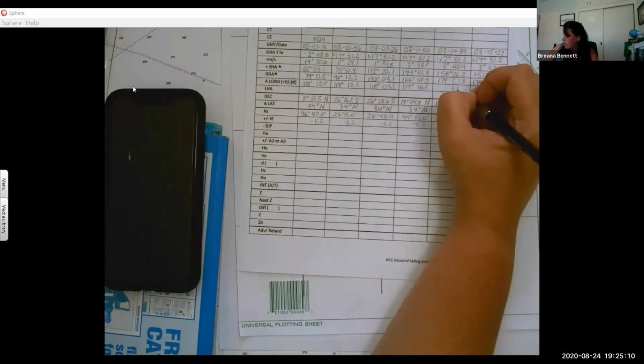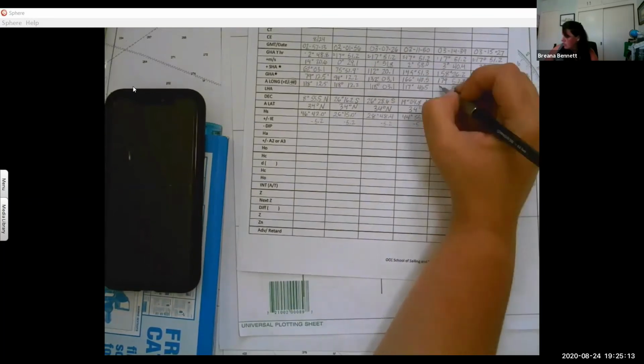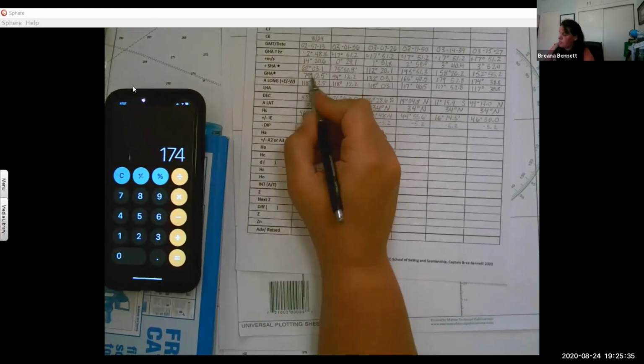03.1, 118. 40.5, that's going to be closer to our 117. 57.8, that's going to be closer to 117. And 38.8 is going to be closer to our 117. Again, if we do 118 instead of 117, not the end of the world. Okay, so we're going to subtract and a lot of these are less than, so we have to add 360